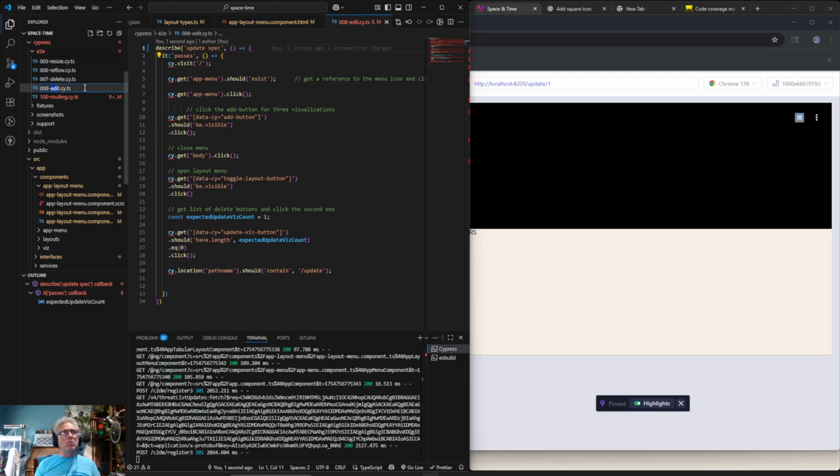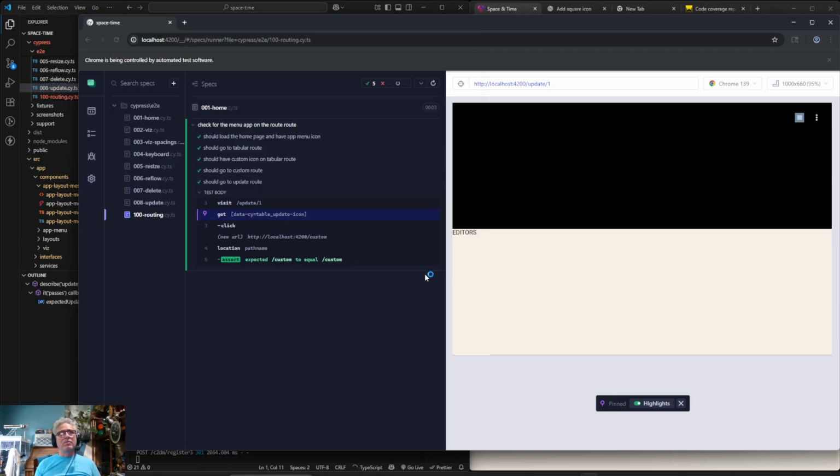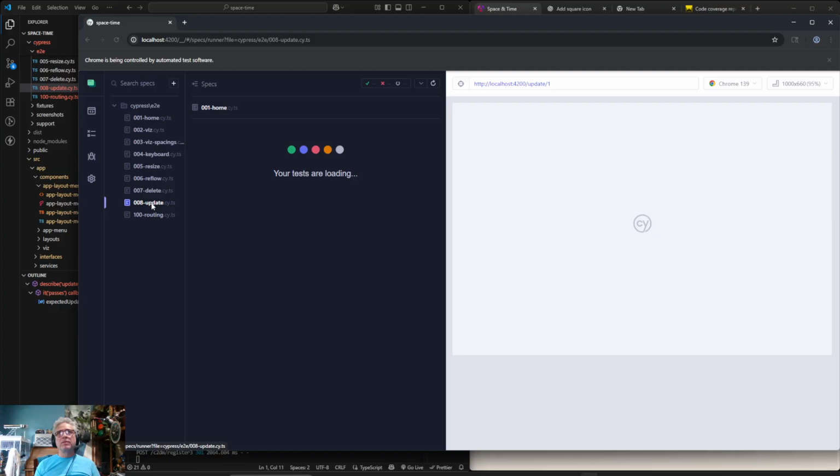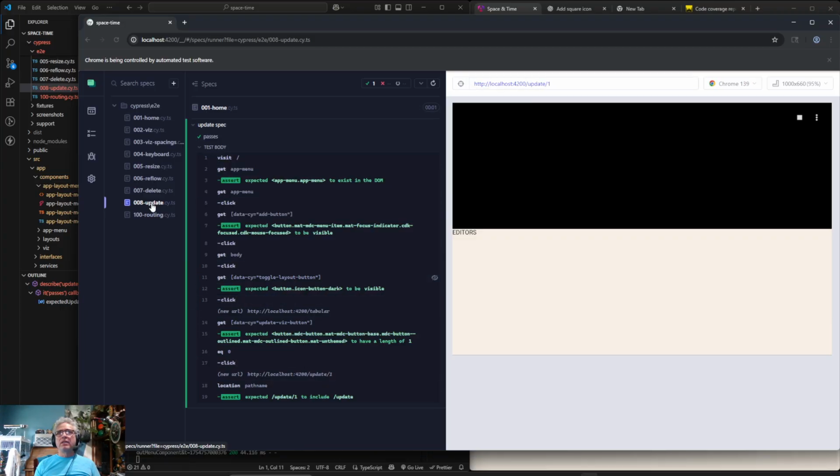Now, this will cause the UI over here to break. It does not like you renaming files. Oh, wow. No, it just handled it. The version I have at work does not just handle it. It actually breaks. All right, so we want to come into update, and then it's already going to the editor,